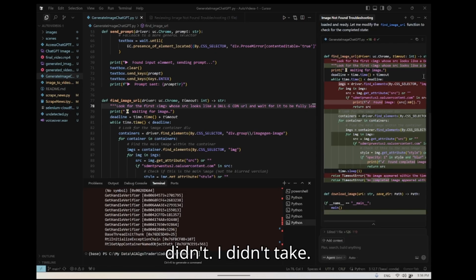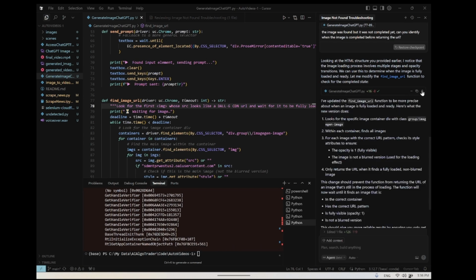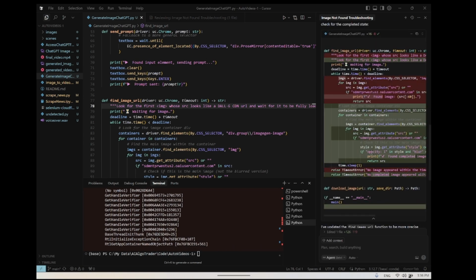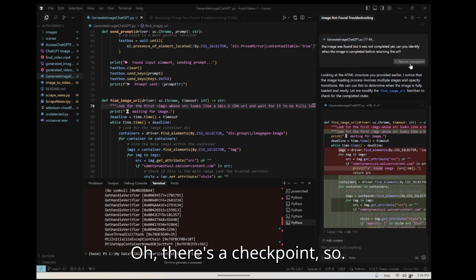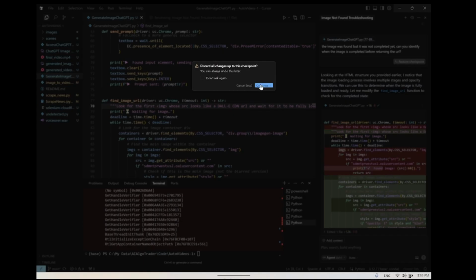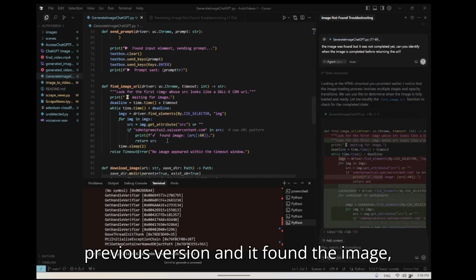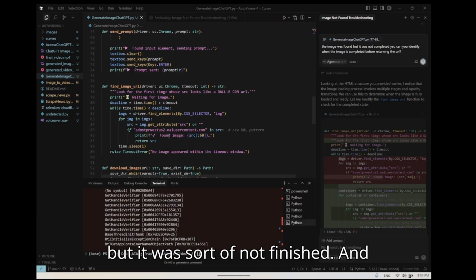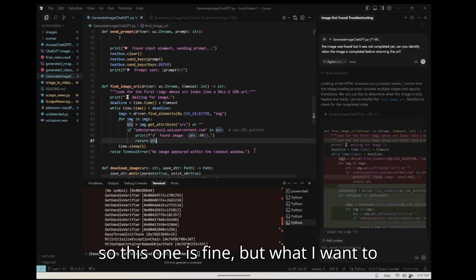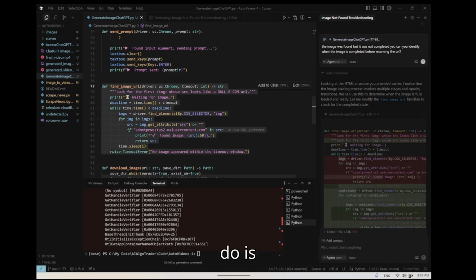So I didn't take, oh, there's a checkpoint. So yes, okay. So now we've got the previous version, and it found the image, but it was not finished. And so this one is fine, but what I want to do is